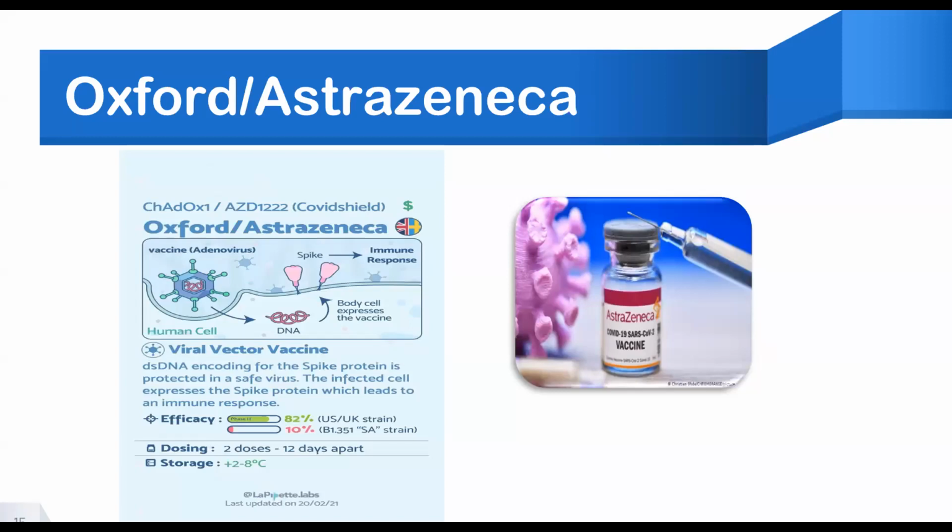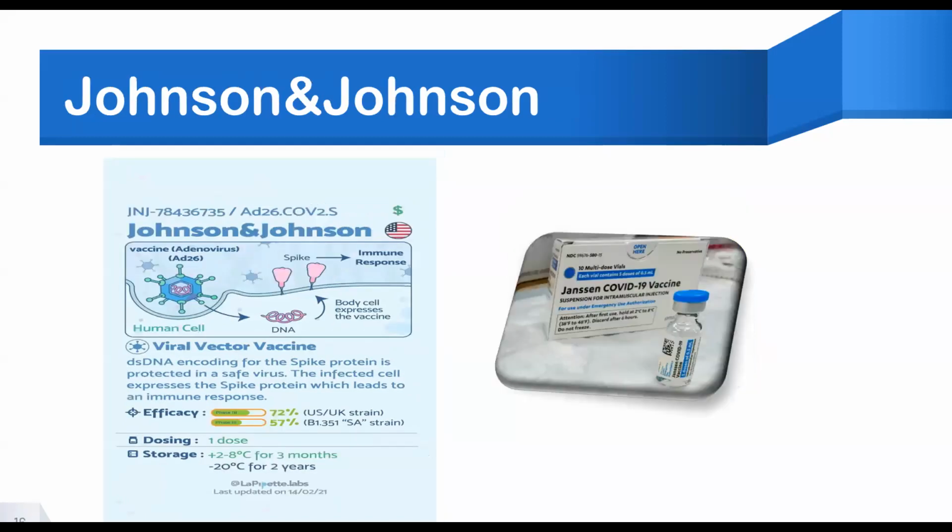Next is the Johnson & Johnson. This Johnson & Johnson is using the same viral vector. So this is what I was saying, that Johnson & Johnson is only one dose. The pharmaceutical company of Johnson & Johnson decided on only one dose. It's because